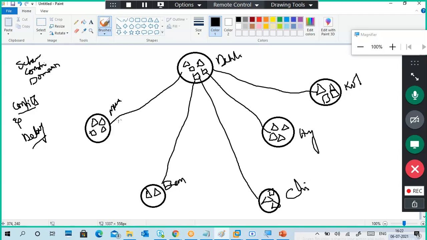So what they will do, first of all, is create a site. A site is nothing but a geographical representation. A site means a Mumbai site, Delhi site, Kolkata site, Hyderabad site, Chennai site, Bangalore site. In the geographical location, my company is Savantis, for example.